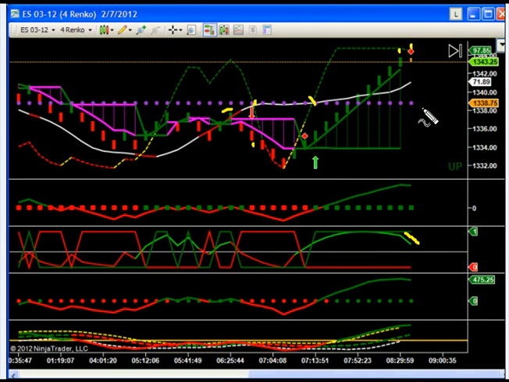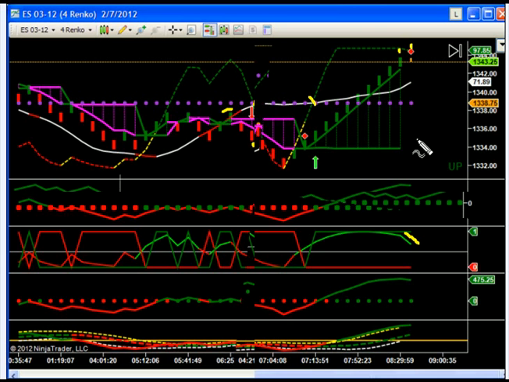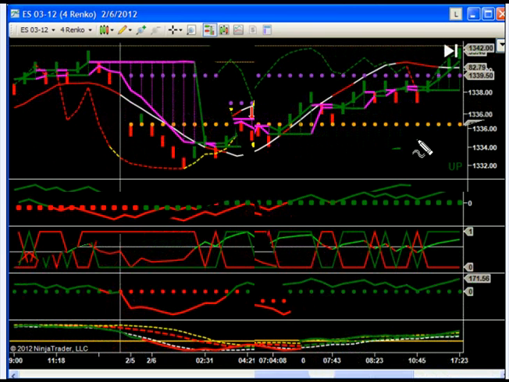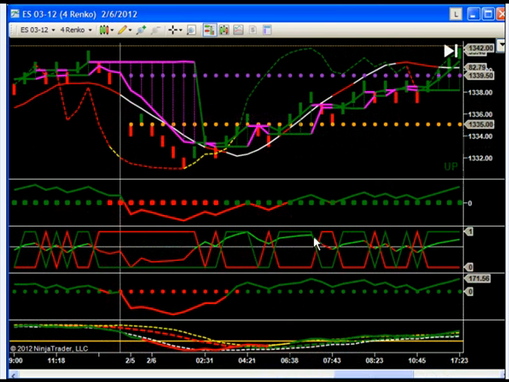But I wanted to point out on another screenshot here how they differ. This is a screenshot from yesterday, and the DMI differential right in this area stays red and stays below the